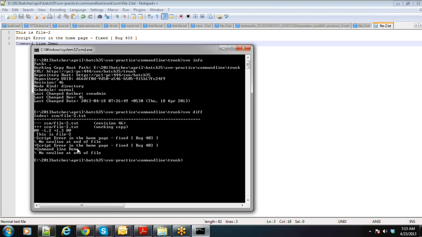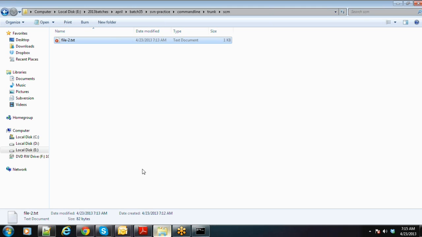This is SVN diff to see the list of files along with their changes. Now if I want to see what are the various files that got modified, SVN status. Now you can see that one file is modified. Similarly, if I add